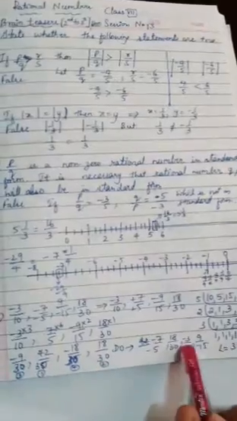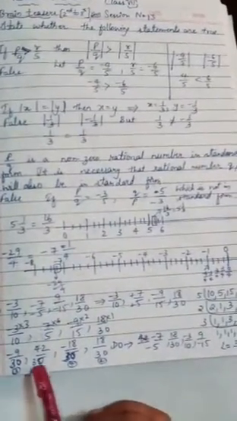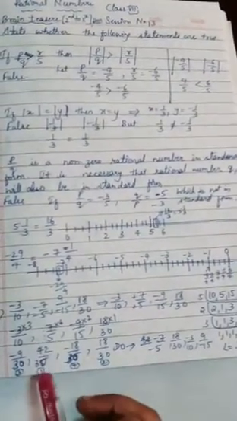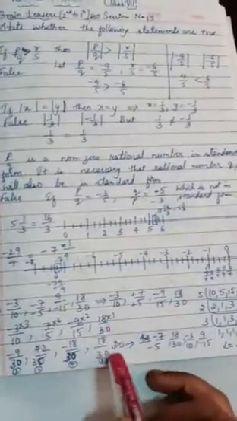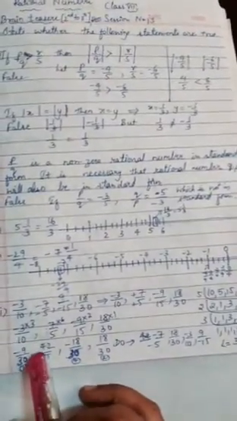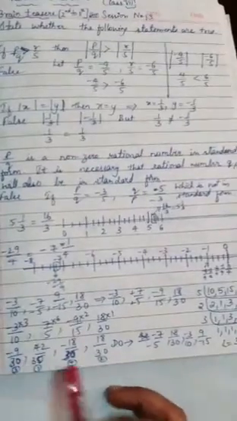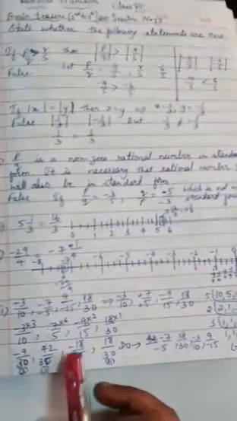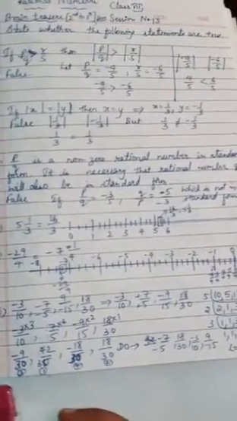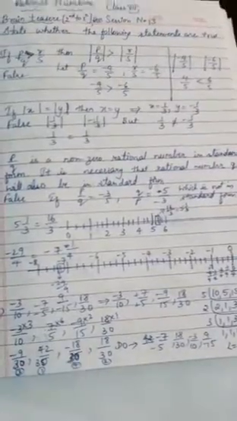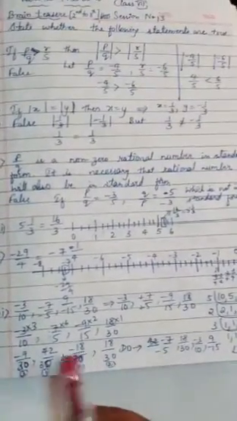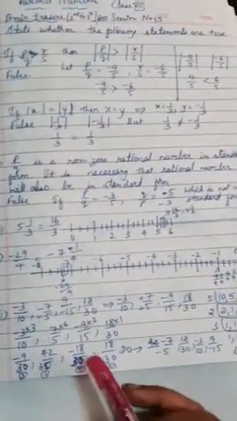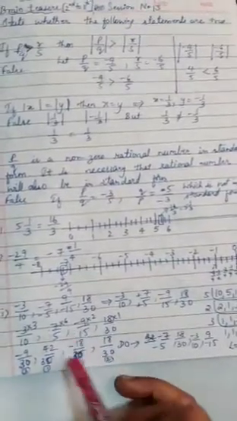To write them in the descending order, first let us give the numbers from 1 to 4, children. The first biggest rational number is 42 by 30. Second one is 18 by 30. The rational numbers having positive sign will be the bigger rational numbers. The rational numbers which are negative are small rational numbers. So here the third one will be between minus 9 and minus 18. Which is the third biggest rational number between these two, children? That is minus 9. So I have given 3 here. Minus 18 by 30 is the fourth rational number.